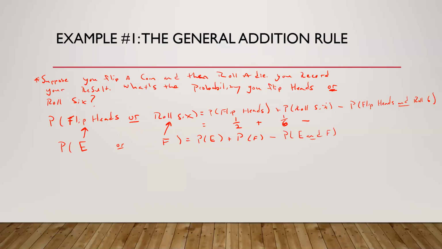So minus 1/12. So look, I'm just going to rewrite it down here now, just so it's a little bit easier. You have 1/2 plus 1/6 minus 1/12. So you're going to need a common denominator to add all these up. The least common denominator here is actually 12. So 1/2 is going to become 6/12. 1/6 is going to become 2/12. Minus 1/12. Well, check this out. 6 plus 2 is 8. Minus 1